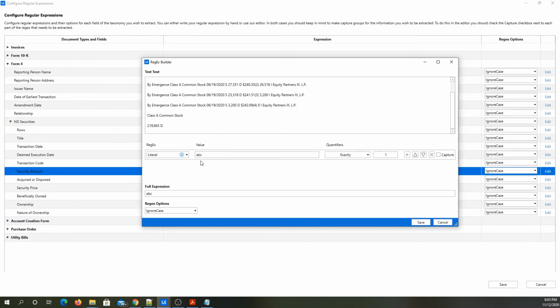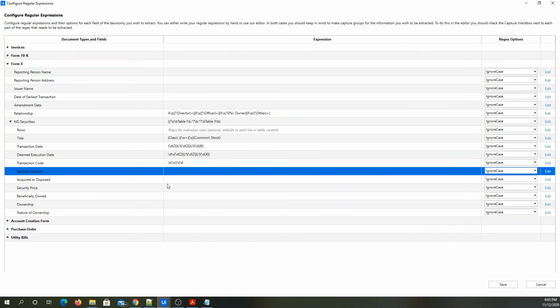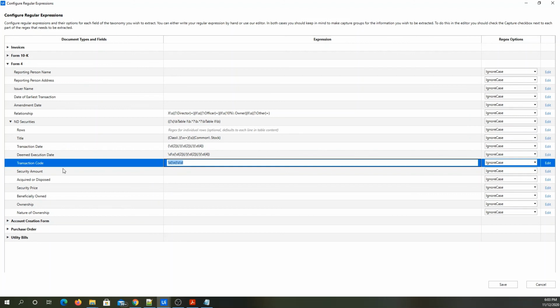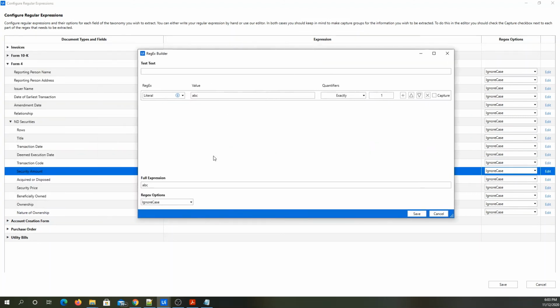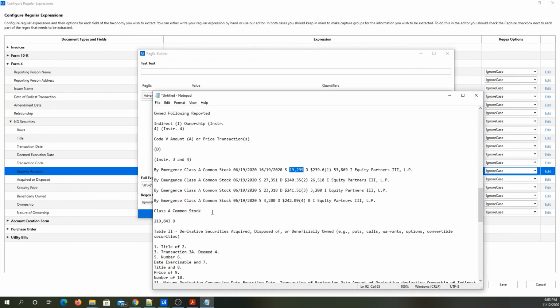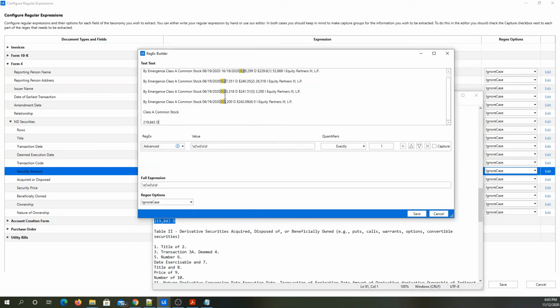So this should start with any character. So for that I can use this same. So I would go for advanced, copy this section so that we can modify,